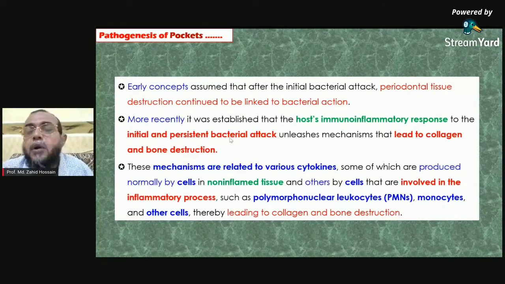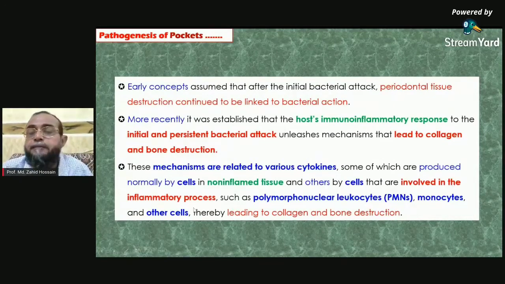So this is not only by bacteria, bacterial enzymes, toxins, along with the end products, along with our immune cells and their enzymes, their toxins, and our body's different types of inflammatory mediators, we call them cytokines, they come to fight. So these things also destroy our tissue. So this has now become an established theory that not only bacteria, but our immune cells and bacteria fight each other and produce destruction of our periodontal tissues.